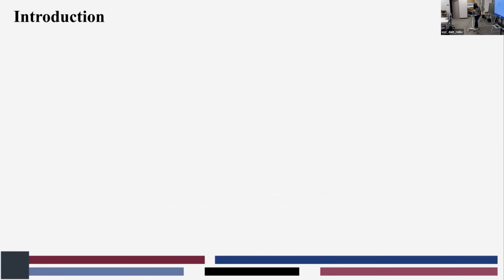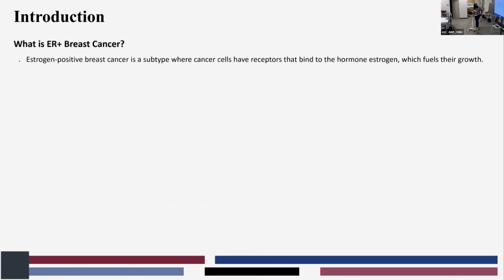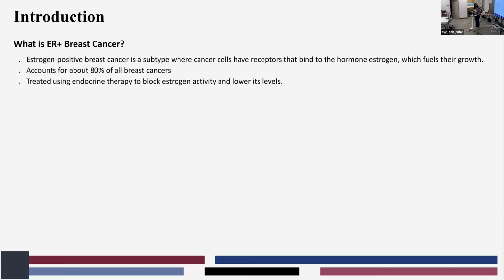So a little bit of an introduction. What is estrogen receptor positive breast cancer? Estrogen receptor positive breast cancer is a subtype where the cancer cells have receptors that bind to the hormone estrogen, which then in turn fuels their growth. It accounts for about 80% of breast cancers and is treated using endocrine therapy to block estrogen activity and lower